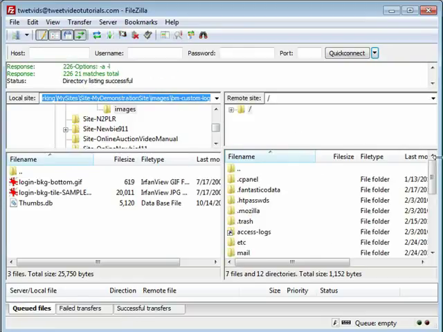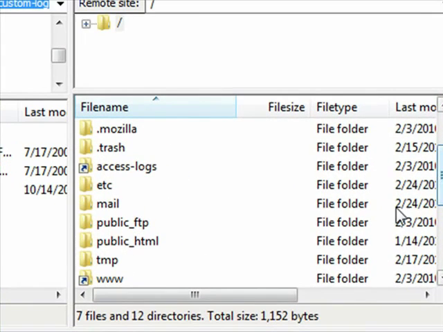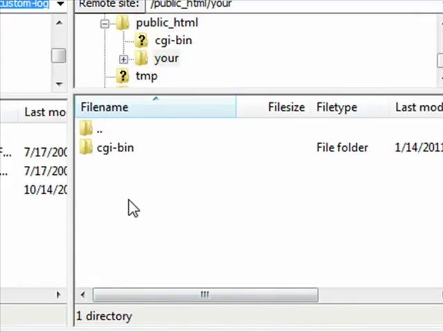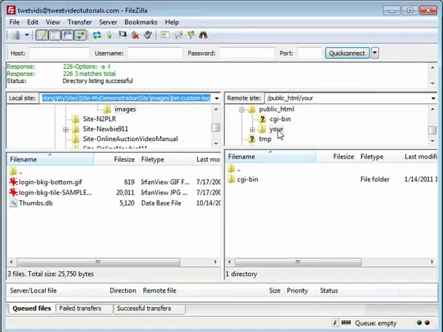I am logged into the tweetvideotutorials account. You can see right here, go to public_html, and you can see right here is our subdomain. But inside of here is where all the files will be for our blog, for our site, for our help desk, for our images, anything we're going to have installed into your subdomain is going to go right in here. And that's basically it.